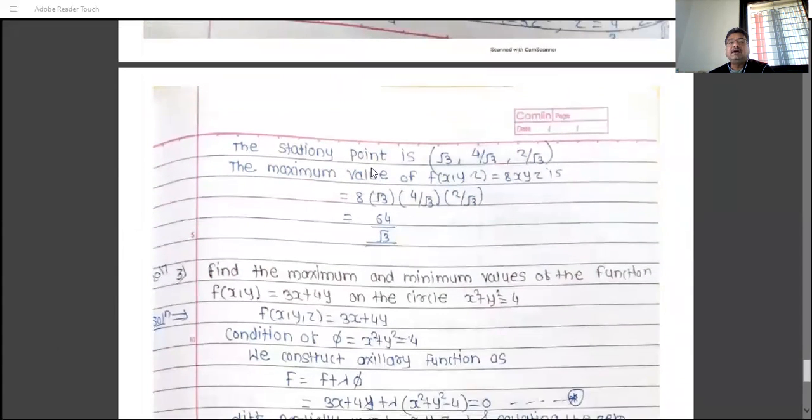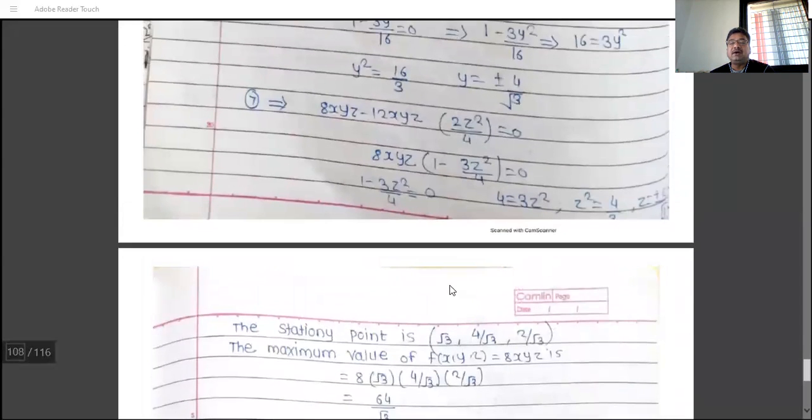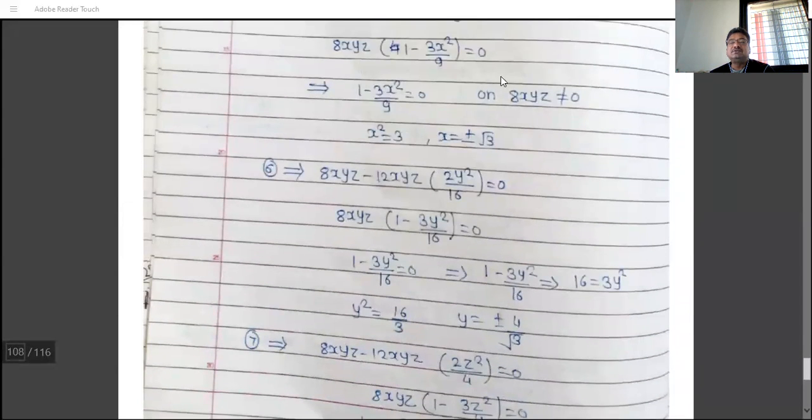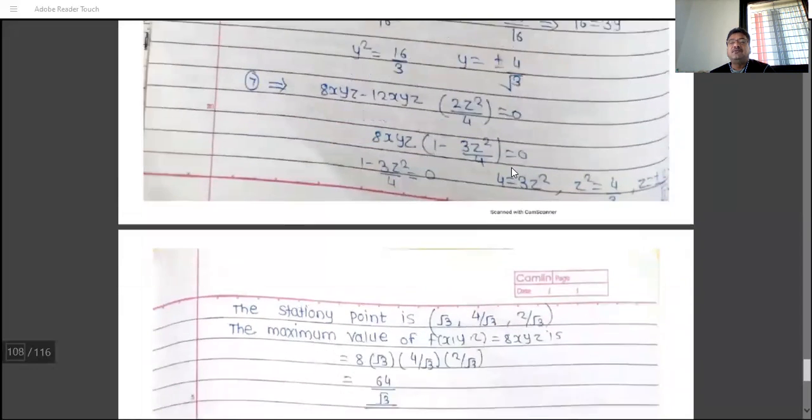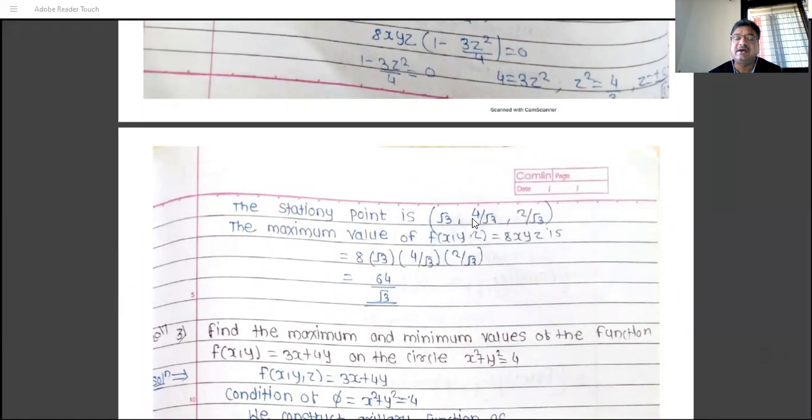And therefore, the stationary point, taking all positive signs, is x equal to root 3, y equal to 4 by root 3, and z equal to 2 by root 3. This is the critical or stationary point. That is, at this point the function is either maximum or minimum. But we have to find the maximum value, so we consider the function is maximum at this point. So the maximum value of f(x, y, z) is equal to,